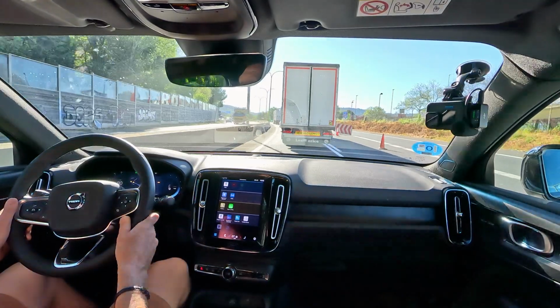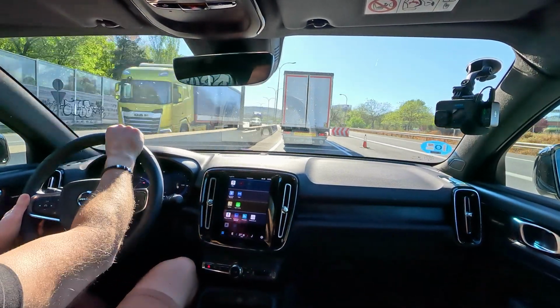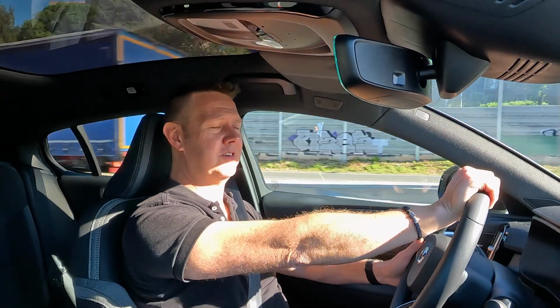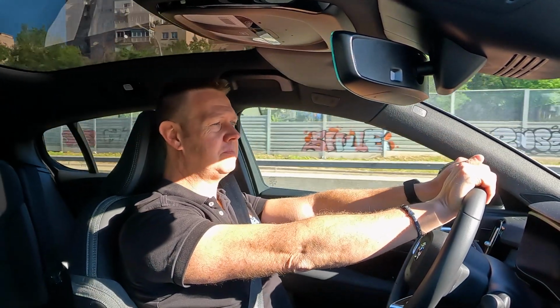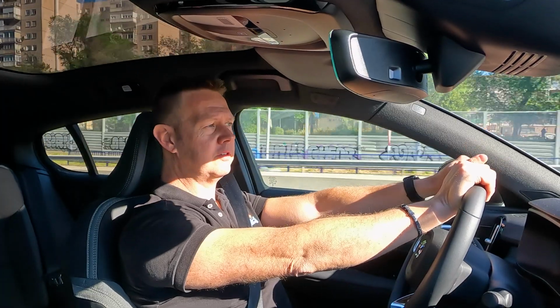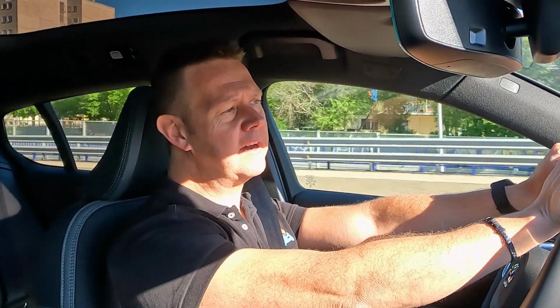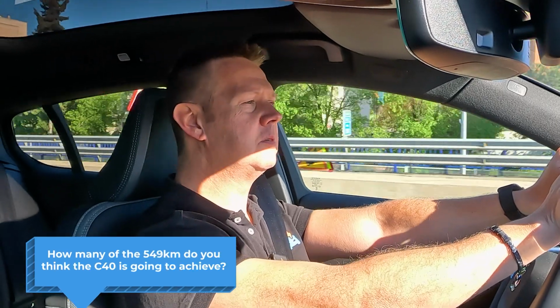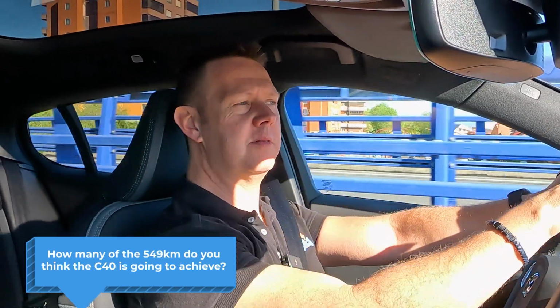Okay, so taking into account those parameters for this test, there will be traffic, like right now where I have to slow down for it. I can't just run across traffic and drive recklessly. So we'll see what the end speed will be, but probably around 112, 115 or something like that. So put a comment down below. Out of the 549 kilometers of official WLTP range,